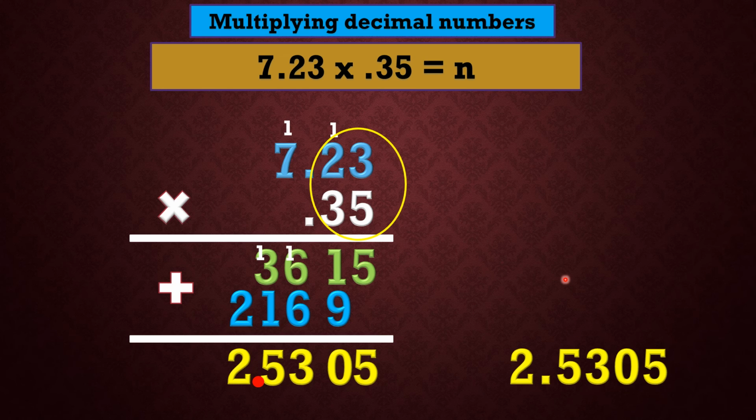Just multiply them as a whole number, and then when you have your answer, put the decimal point based on the number of decimal places in your factors. Just move the decimal point from the right to the left. Okay. So hope na may natutunan, and